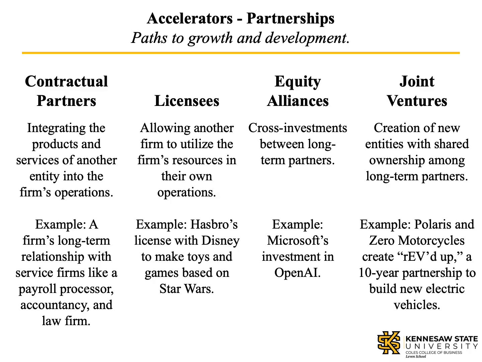Examples include working with a firm for payroll processing, such as ADP, Paychex, or Gusto, and long-term relationships with an accounting firm, a law firm, and a marketing agency. In fact, these relationships can become so seamless that employees of a partner firm might even have permanent desks within the company's office space. Licensing arises when a firm owns something that has value in ways that it can't capture